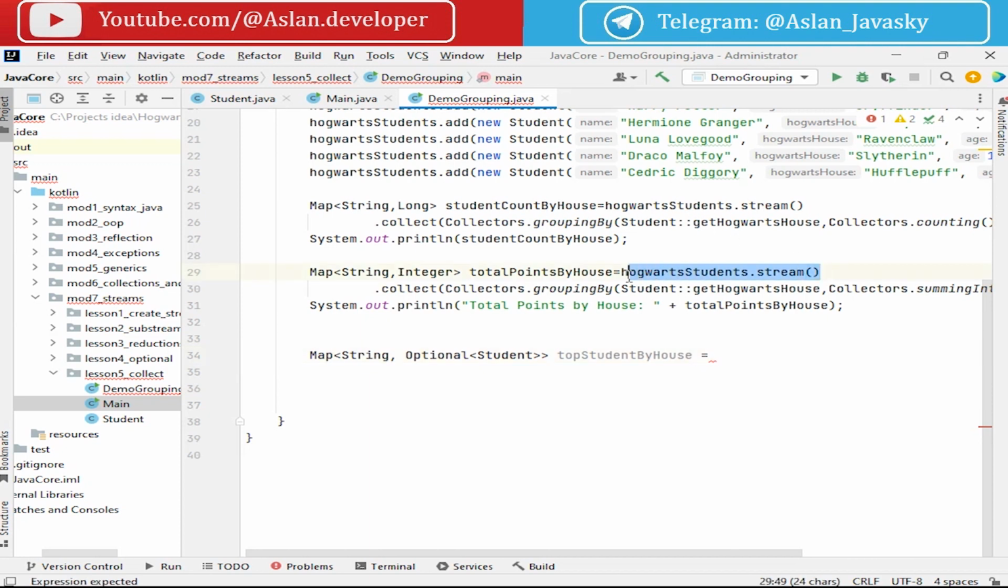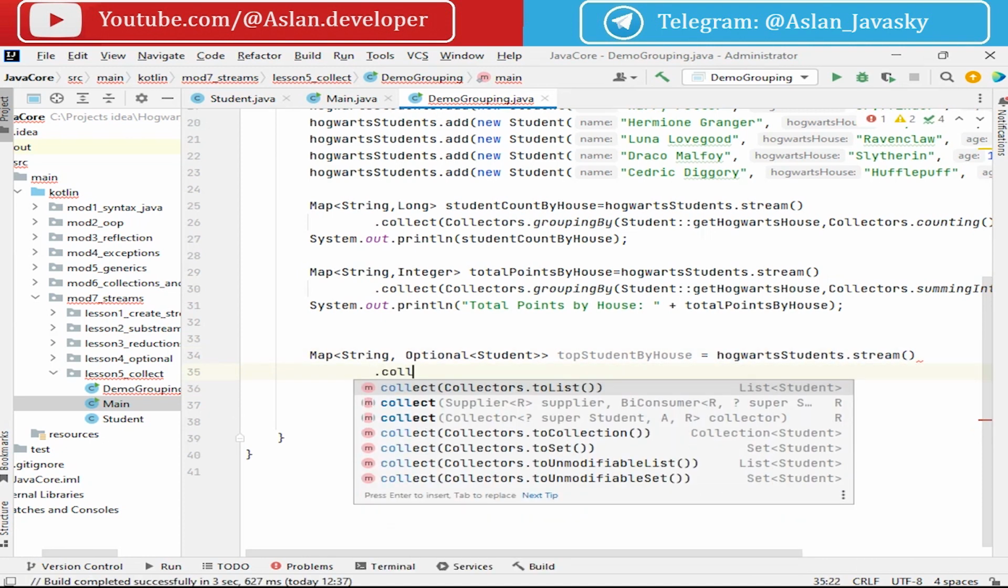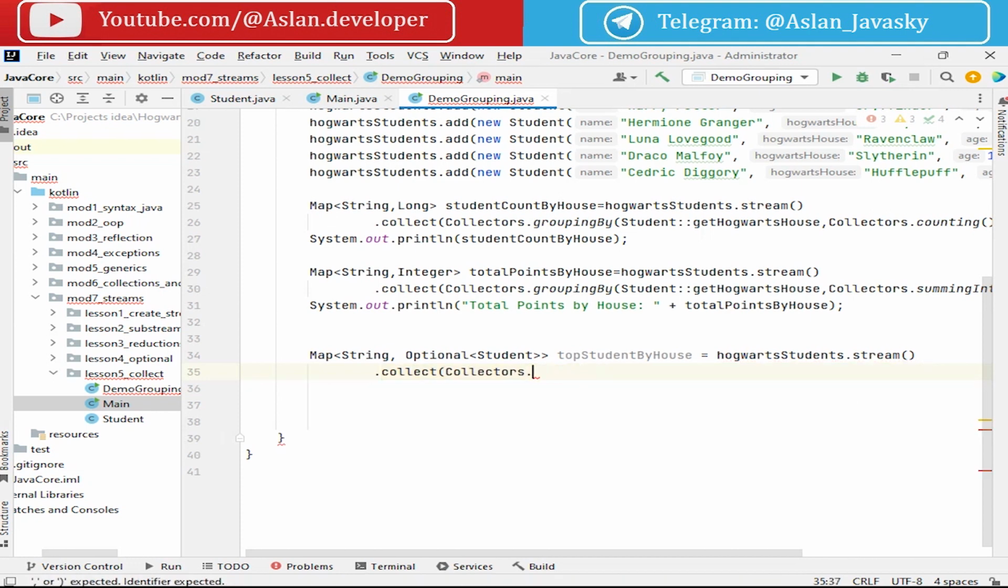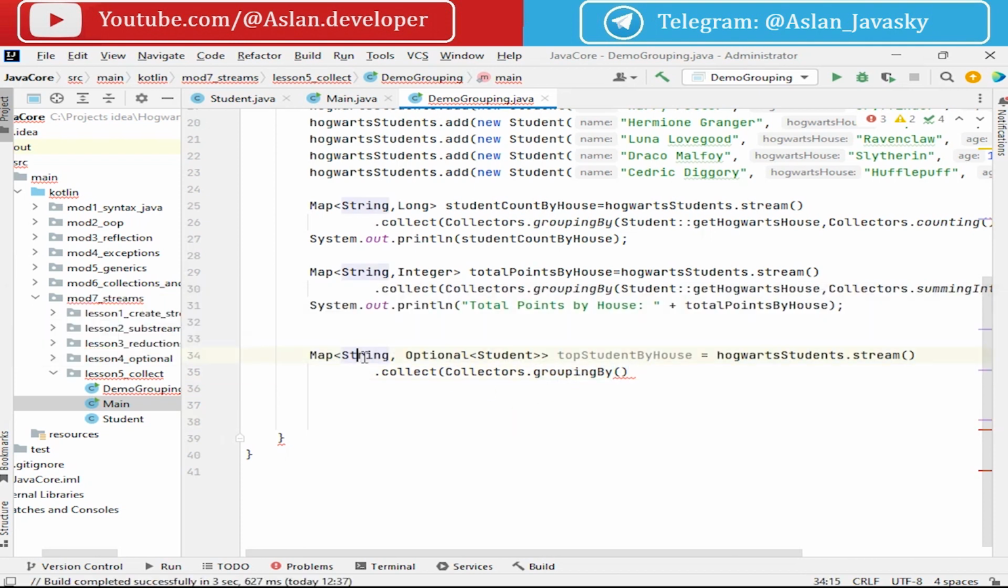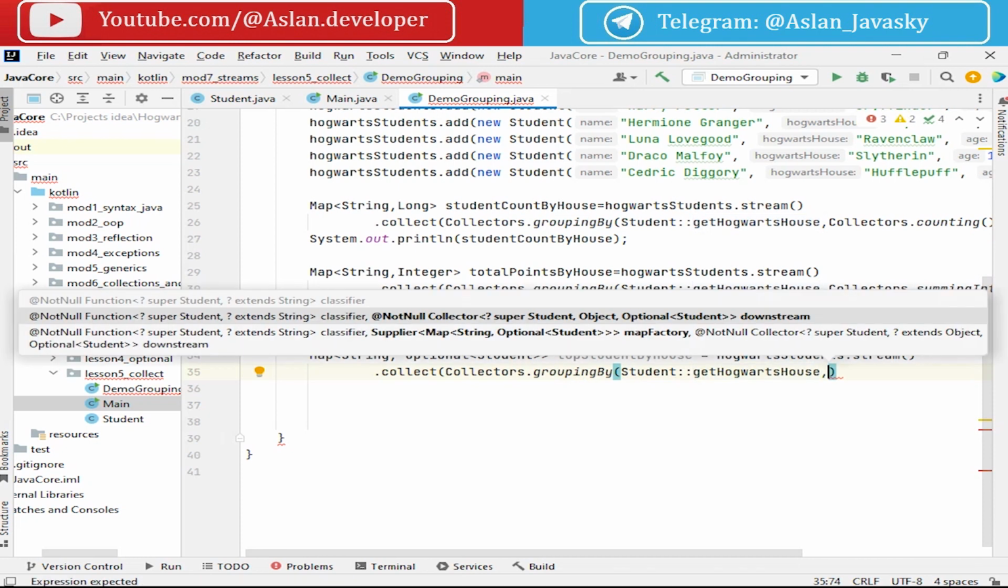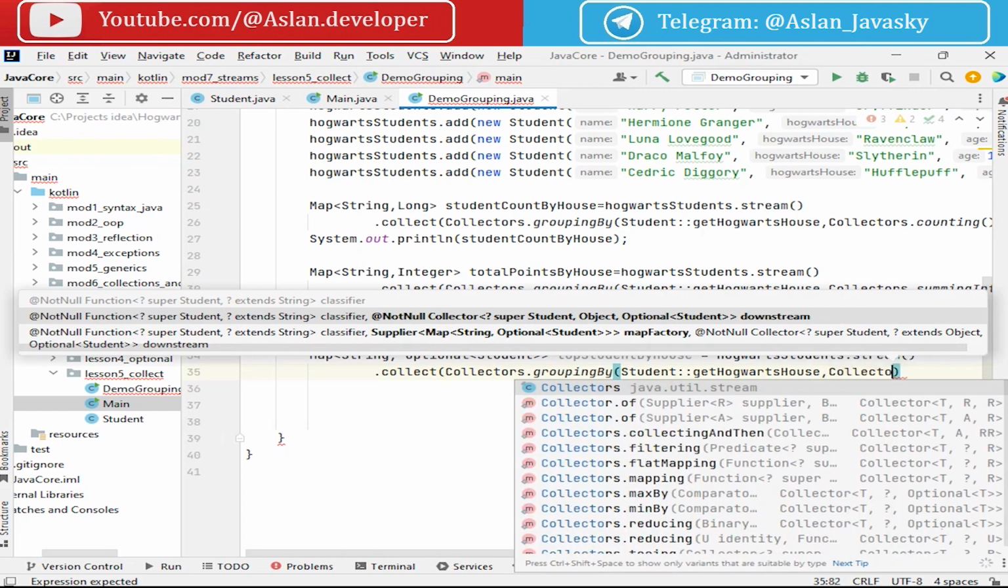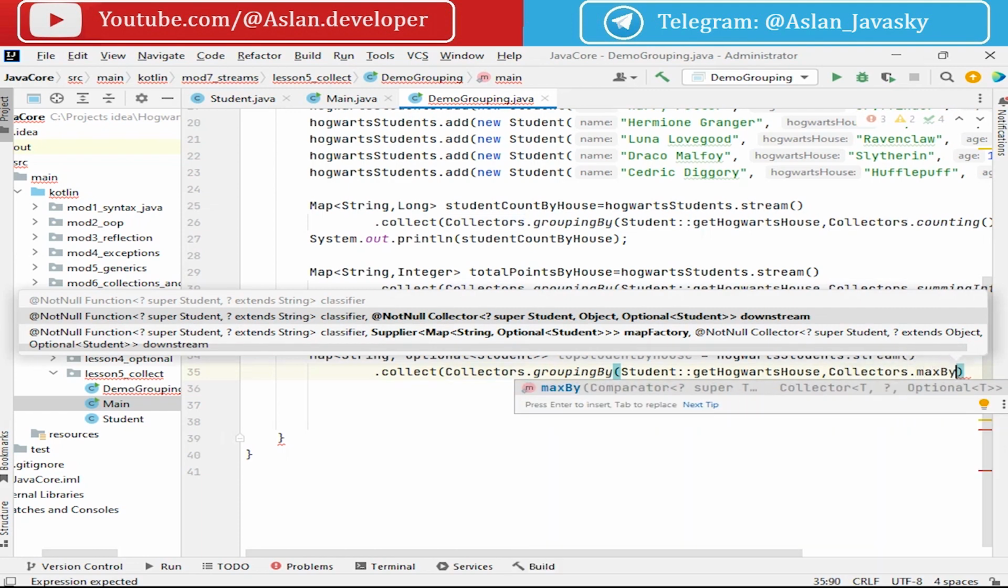For this we also create a stream and invoke method collect. We will use method groupingBy. For key String type, we will use student getHogwartsHouse from the Student class, and for value we will use method maxBy from Collectors. MaxBy,